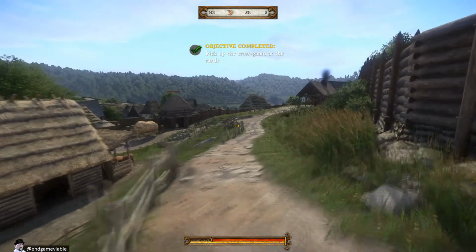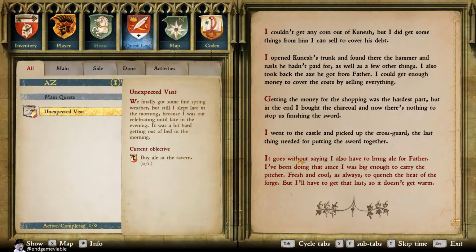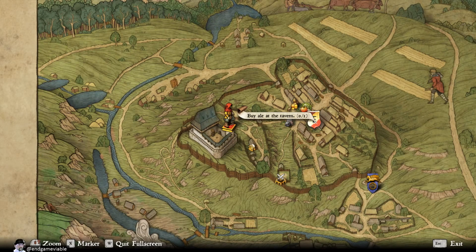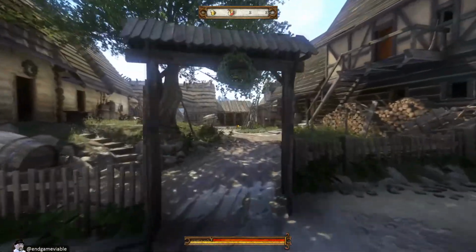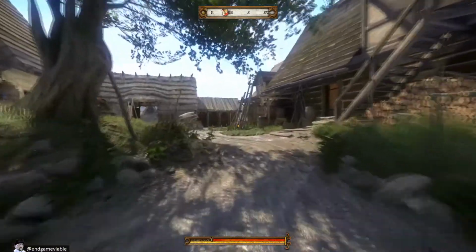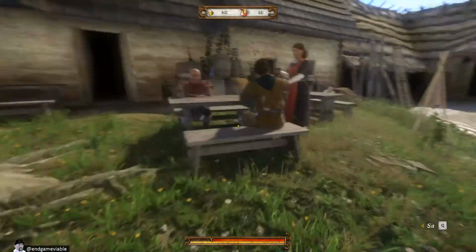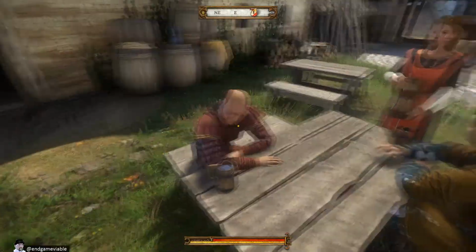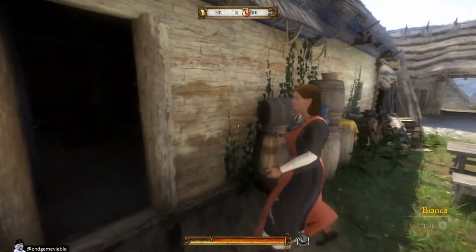Okay, I got the crossguard. That means the only thing left is to pick up ale for father. And the ale is at the tavern. Alright, let's go find the tavern. Is Deutsch still here? Just as you ordered. Anybody here mad at me? Oh, so I guess I'm supposed to talk with...